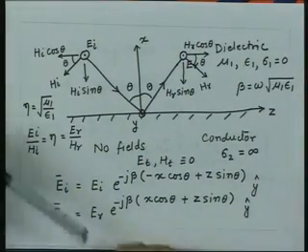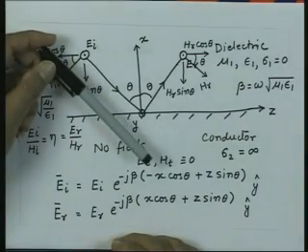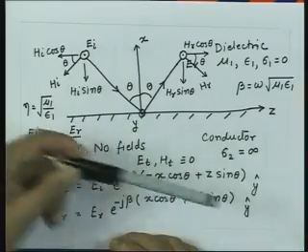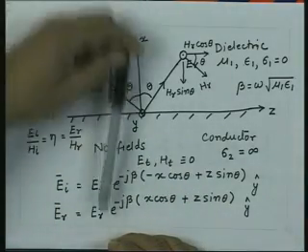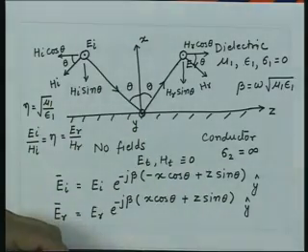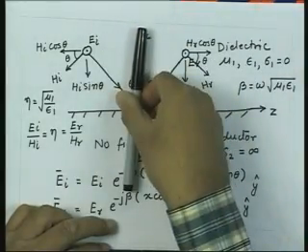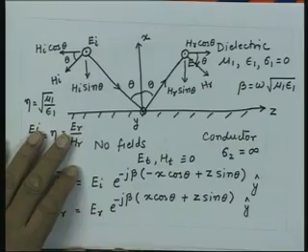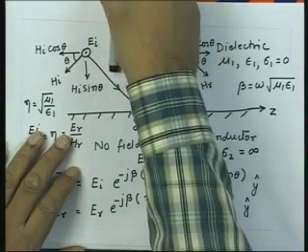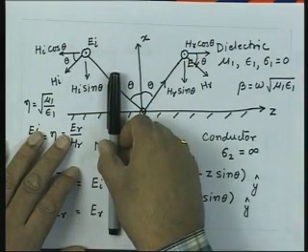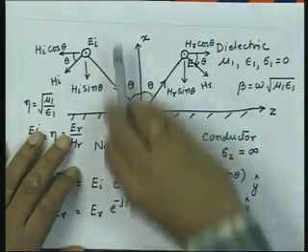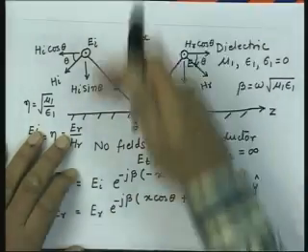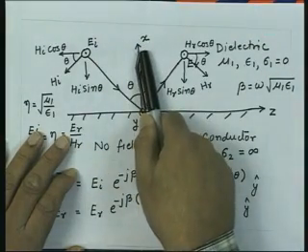So this thing can be visualized as follows: the wave is incident in this direction, which essentially has a component of propagation in this direction and something which is coming normal to the interface. The wave which is coming normal to the interface is completely reflected. So you get a standing wave which is created here. So whatever power flow was in this direction is completely balanced by the power flow in the reverse direction, because there is a complete reflection. So the net power flow in the x direction is 0.